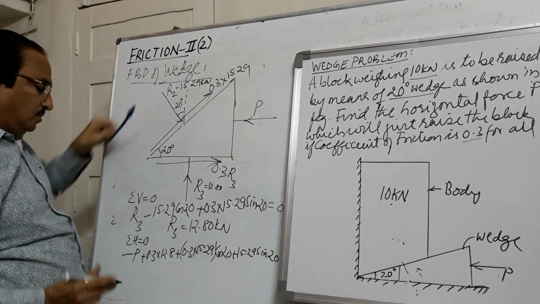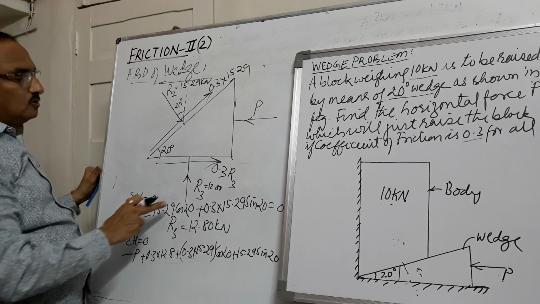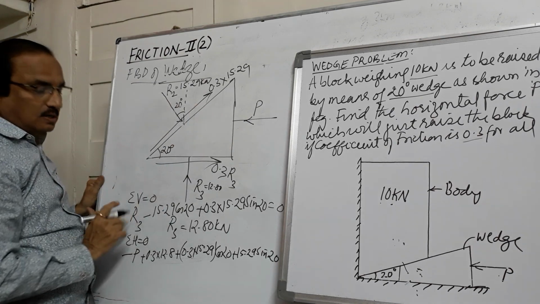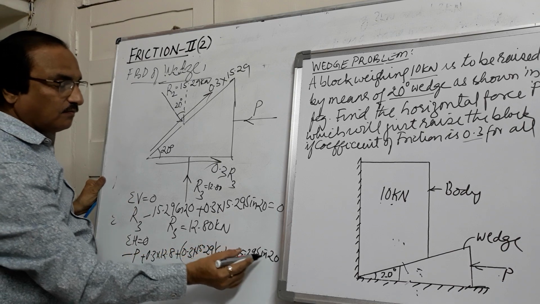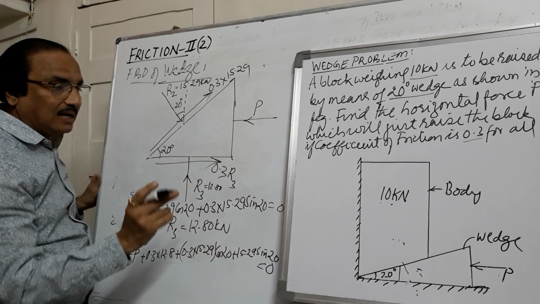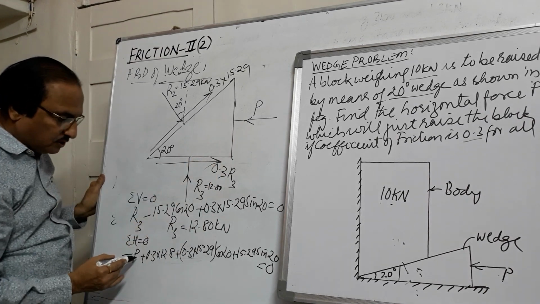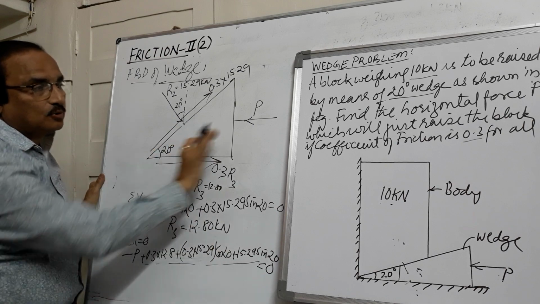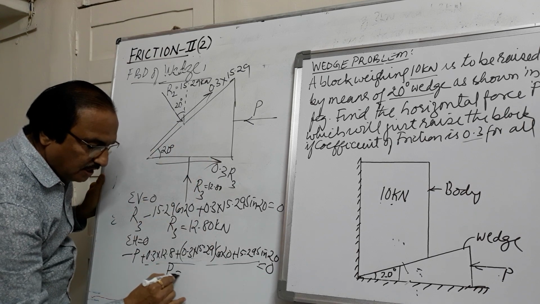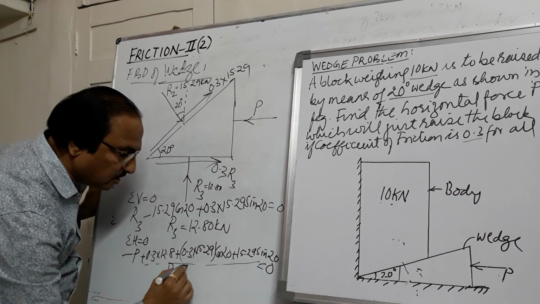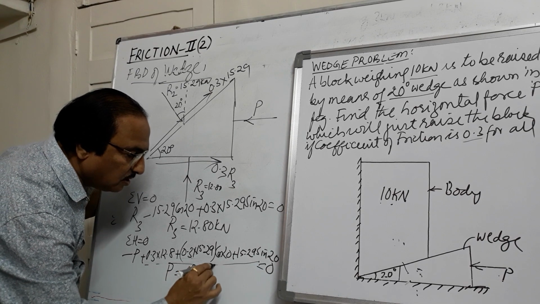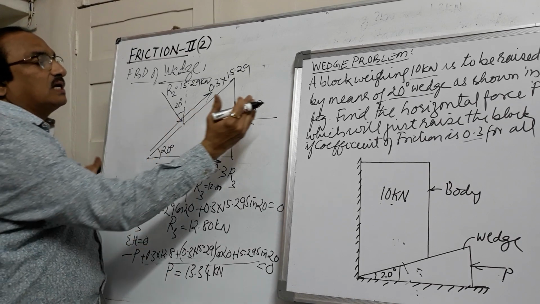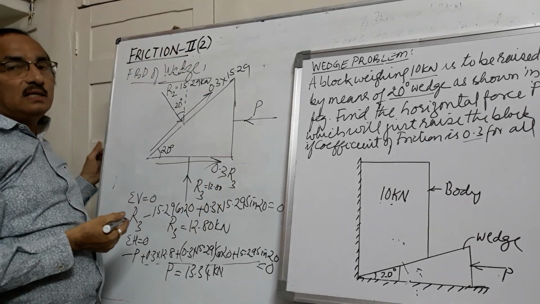So here we see we have resolved 1, 2, 3, 4 forces, because the vertical one will not come into play. This must be equal to 0. And one thing you see here, this P force is only opposing, all are with plus sign. So all the forces will be opposing the P value. If you simplify, you get the value of P equal to 13.34 kilonewton. So 13.34 kilonewton is required for the body to move in the upward direction.